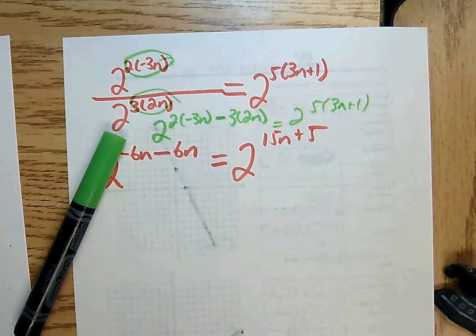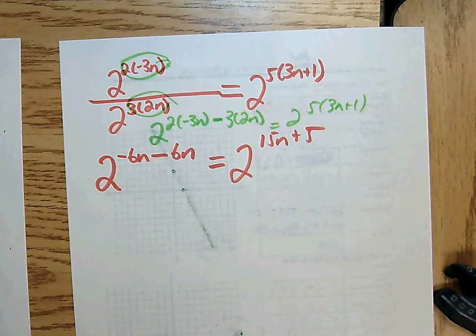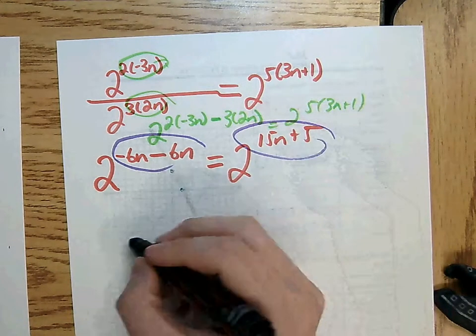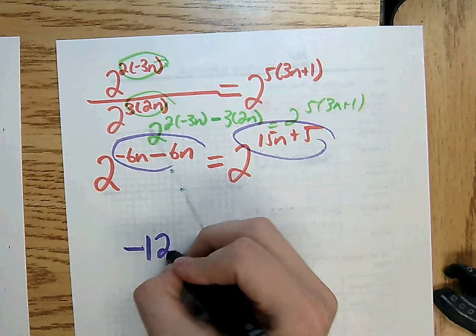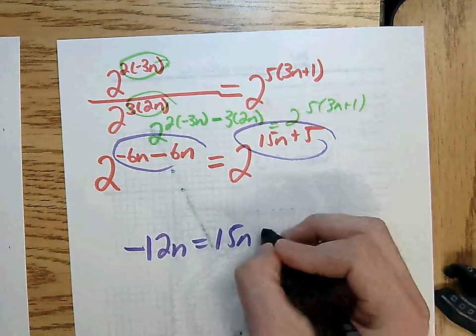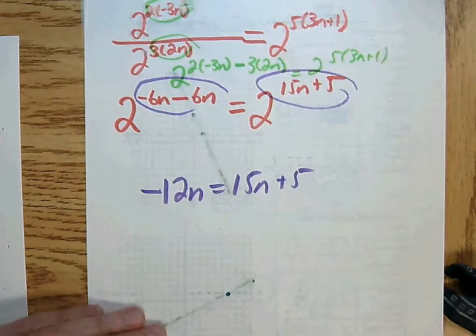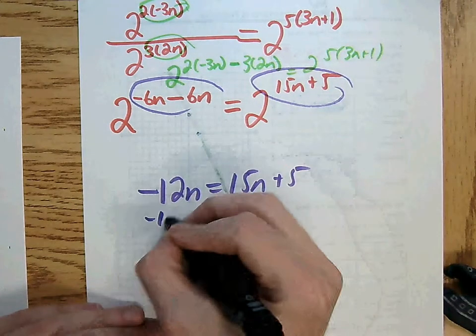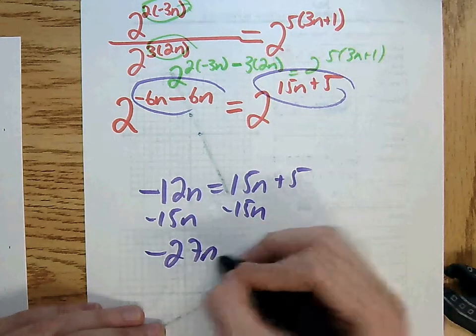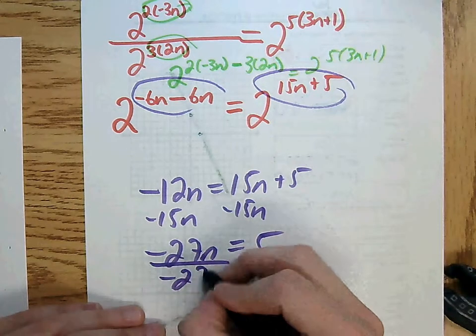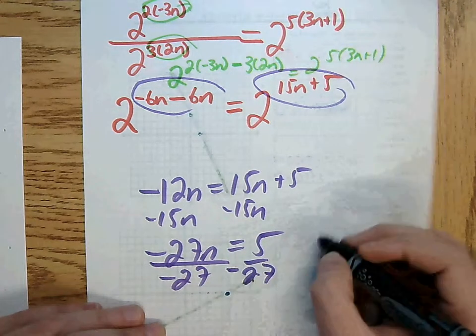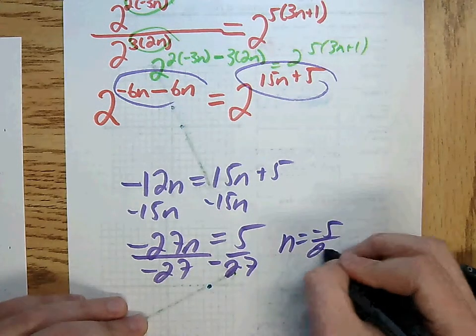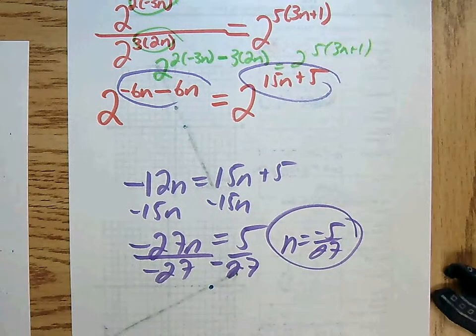All right. Then it's just a matter of setting these two equal to each other. That's negative 6n minus 6n is negative 12n equals 15n plus 5. This one's going to just be easier to subtract 15n on each side. And that's going to give me negative 27n equals 5. Divide each side by negative 27. And n is going to equal this really ugly fraction that happens to be the right answer. Remember to expect some ugly looking answers with these. Now, that last